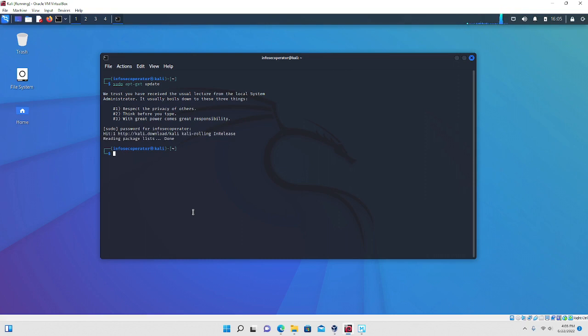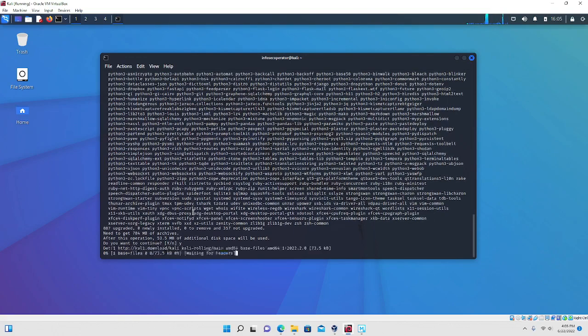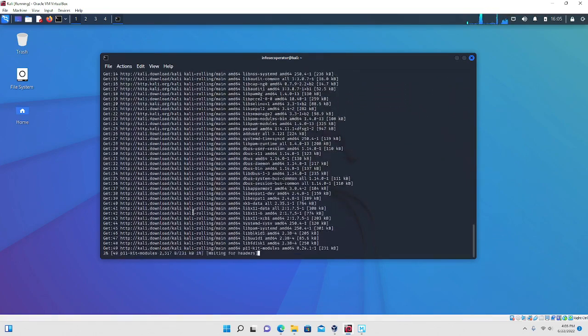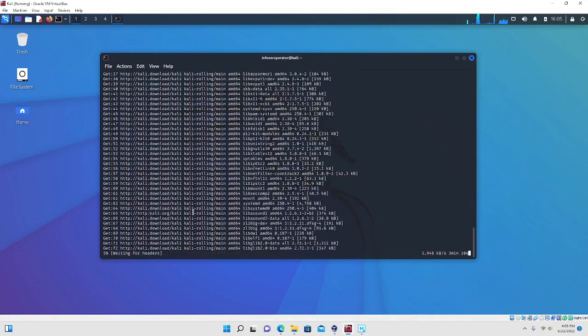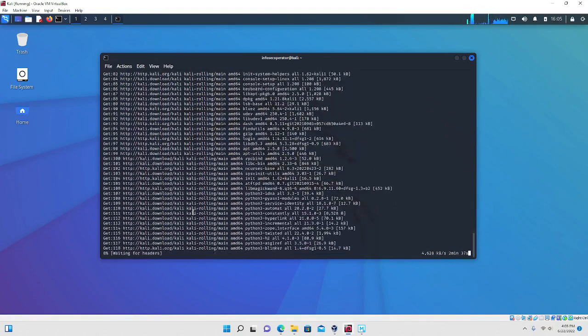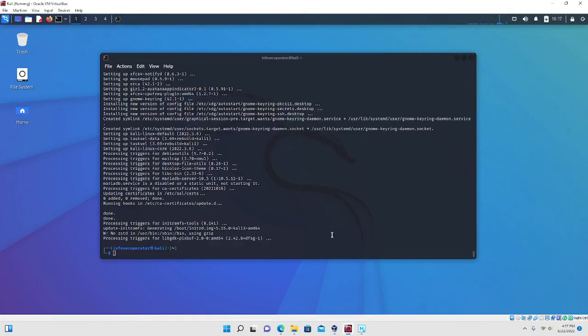And then we want to do sudo apt-get upgrade, because there may be an upgrade by now. And this is going to take up some space, but that's okay. Hit Y and then enter. And we're going to get all of the absolute latest libraries, packages, programs, tools, software, etc., downloaded into this operating system. Alright guys, now that this is all done and set up after a few minutes of downloads and waiting,